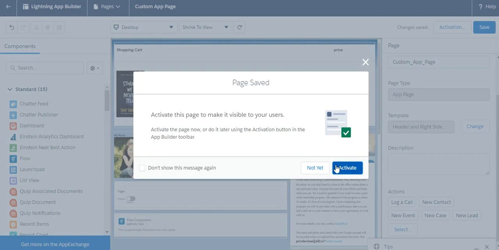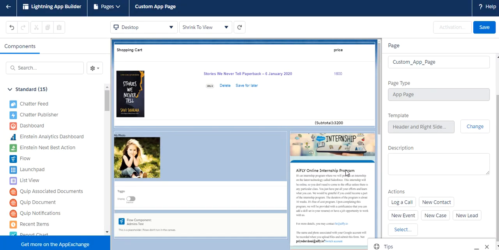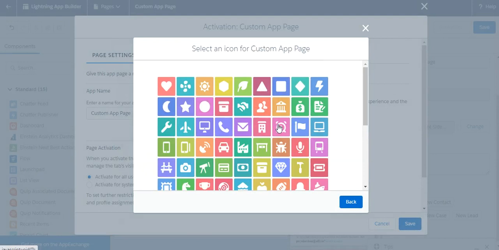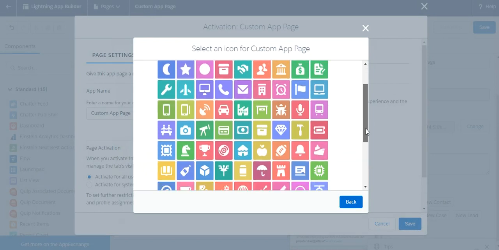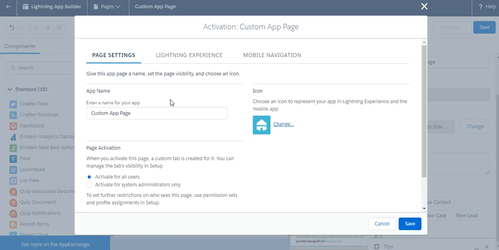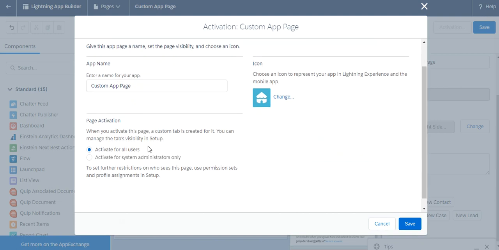Now it's asking about the activation, like whom I want to assign it to, and also it's asking about the icon. So you can set an icon for your page. I'm going to select this one, and here is the name. Now we have two options for page activation, for whom you want to activate this page.